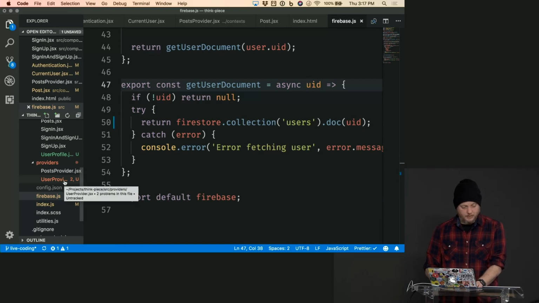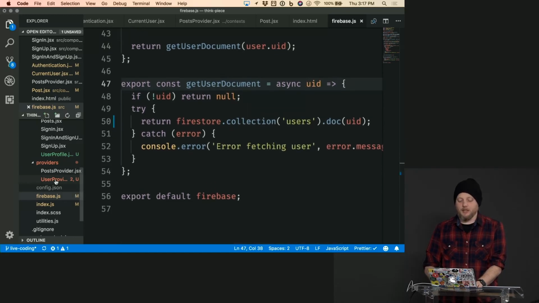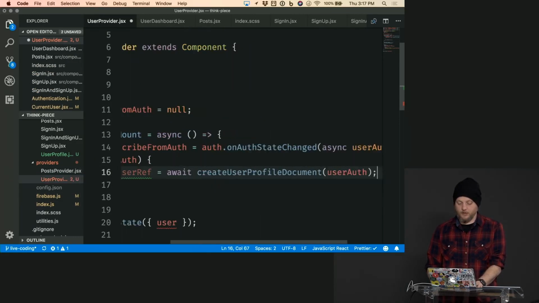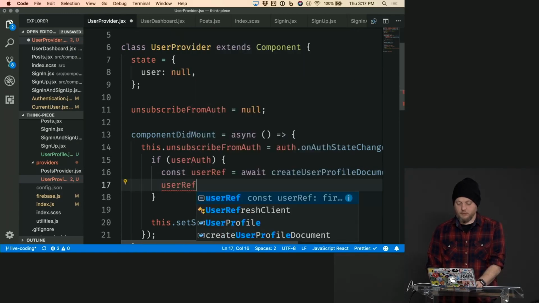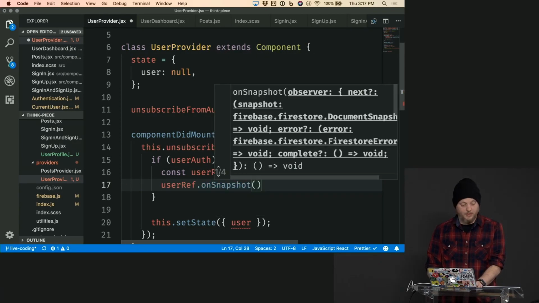All right. So what we'll do here, this could happen either way. Probably didn't actually need to make that change, but it's fine. So we'll get the user ref in this case, and we'll say user ref on snapshot. So every time it changes,